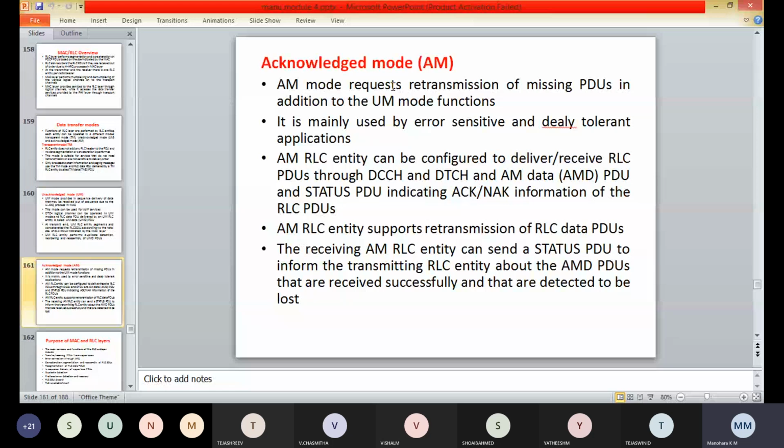When a portion of an AMD PDU is retransmitted as a result of the ARQ, the transmitted PDU is called the AMD PDU segment.